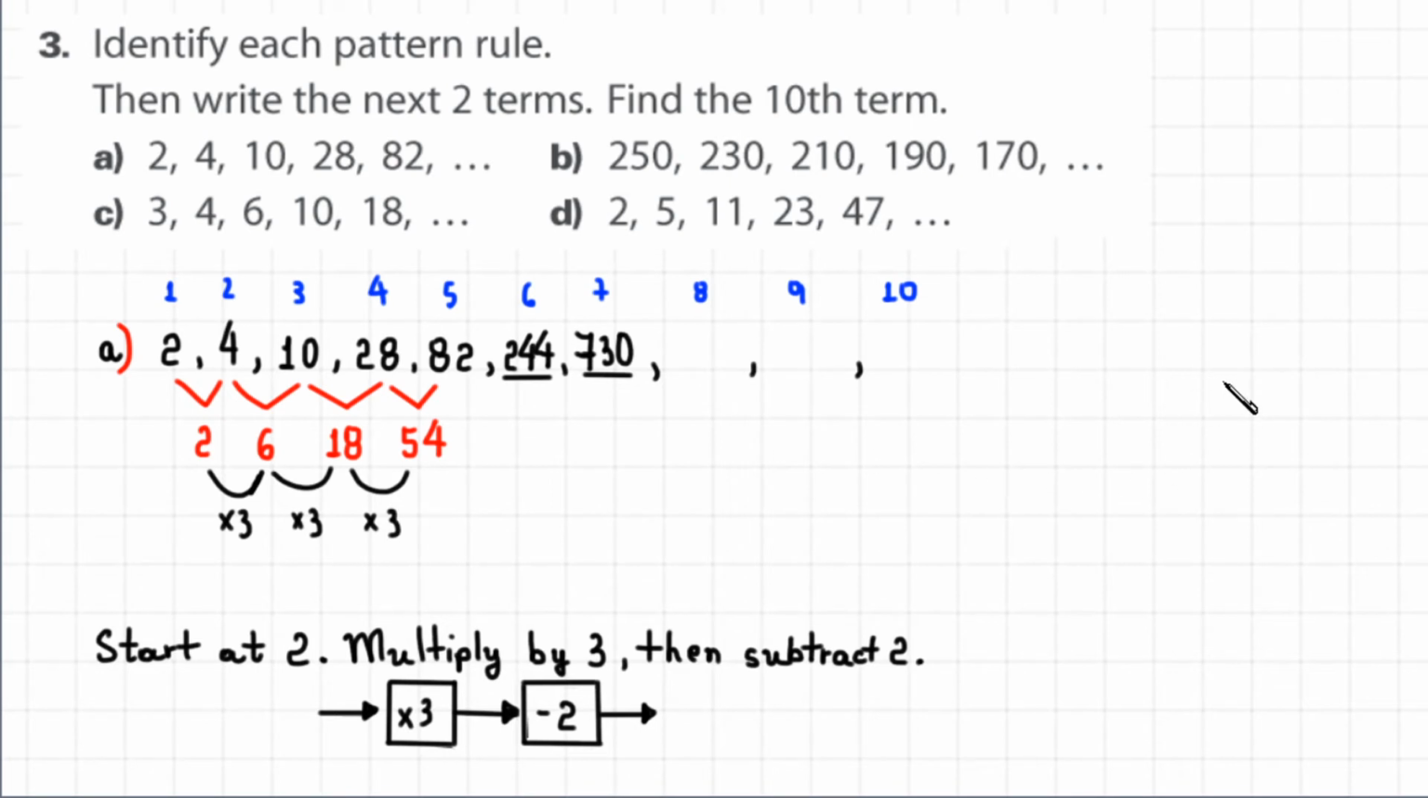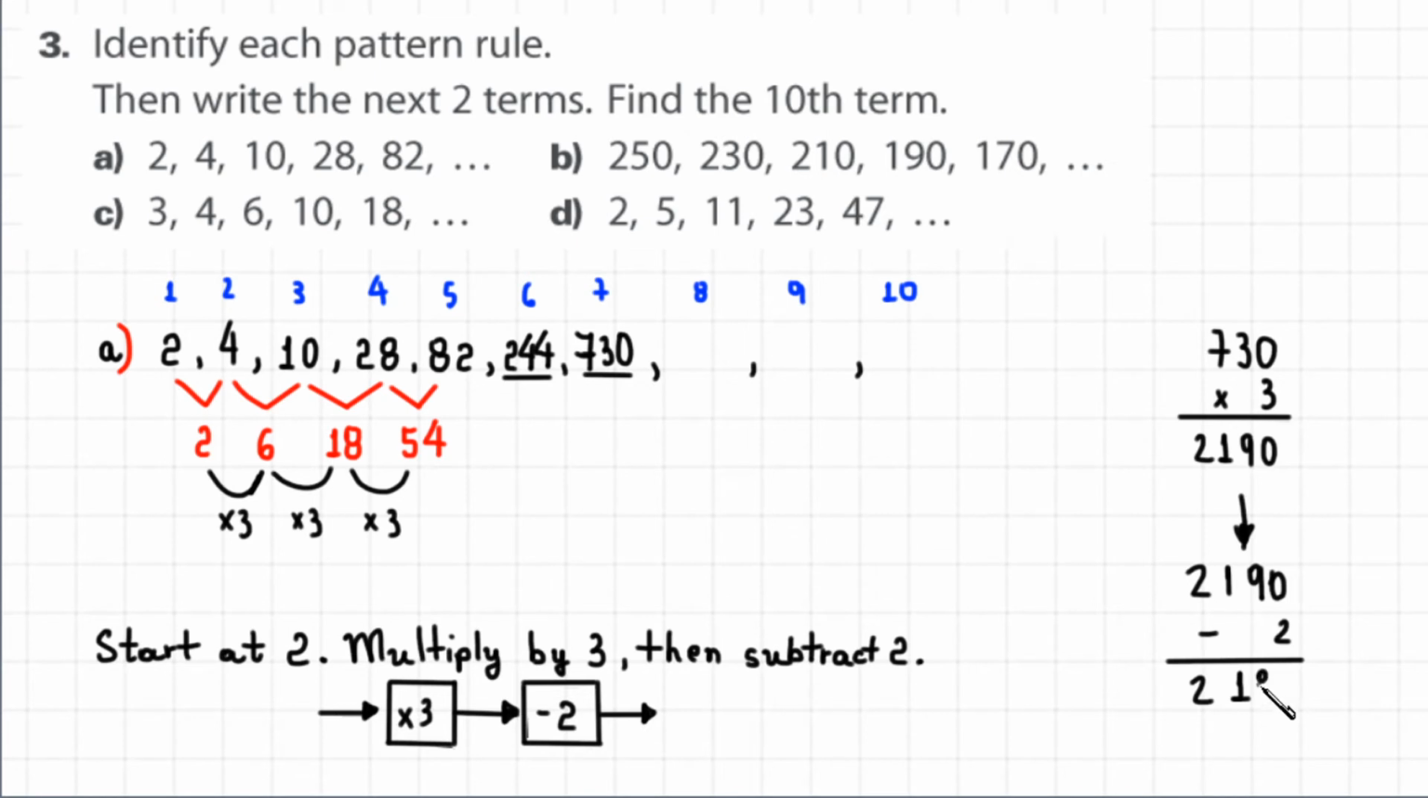So let's continue. I will take 730, I will write it here, and I will apply the pattern rule. So I will multiply by 3, then subtract 2, okay? 3 times 0, 0, 3 times 3, 9, 3 times 7, 21. Then I will subtract 2. I will take 2190, then I will subtract 2. Of course, I will find 2188, okay? So that's the 8th term,